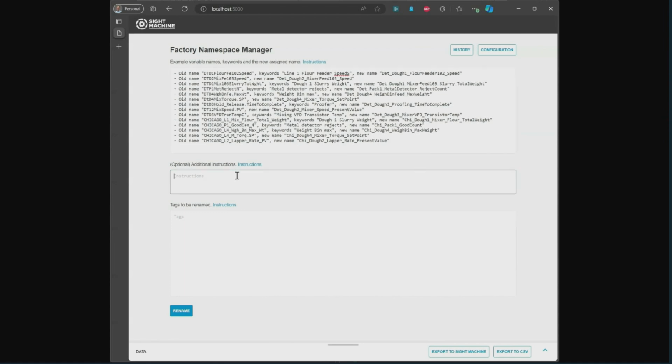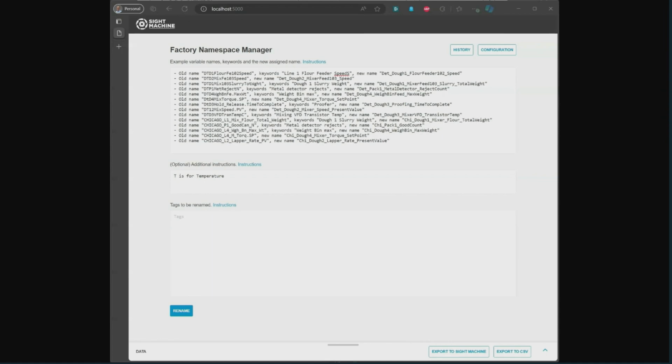And so now we're going to see what we can do with it. You can optionally add some additional instructions for the language model, and this is really helpful because oftentimes we find that when you're getting an AI model to learn these patterns, it starts to pick up on all the ambiguities and cases that you yourself hadn't thought about in the first place. And so sometimes you have to give it a little bit more guidance, a little bit more prompting on how to get things to work.